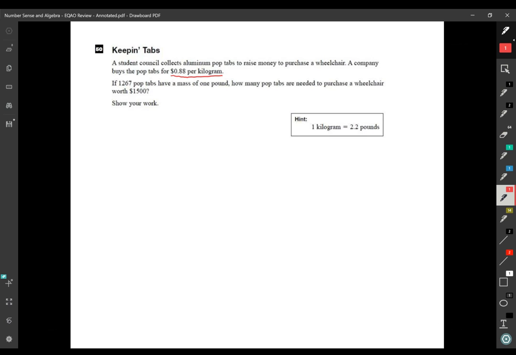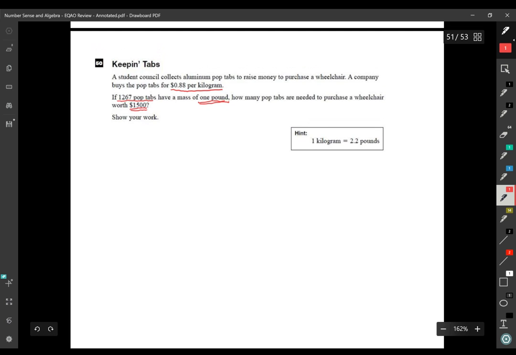If 1,267 pop tabs have a mass of 1 pound, how many pop tabs are needed to purchase a wheelchair worth $1,500? Show your work. Okay, so let's think about that. Okay, so we know that